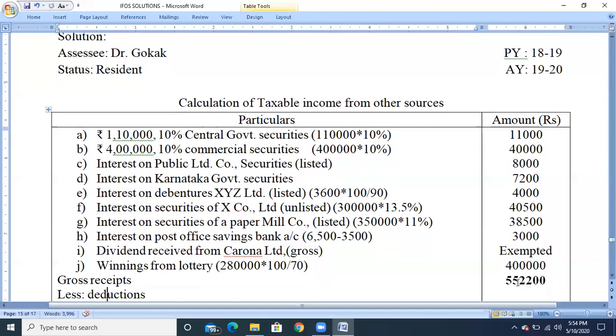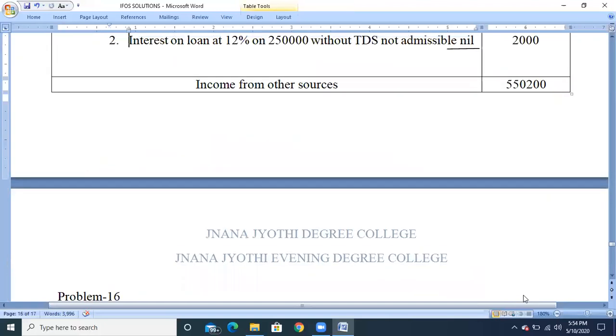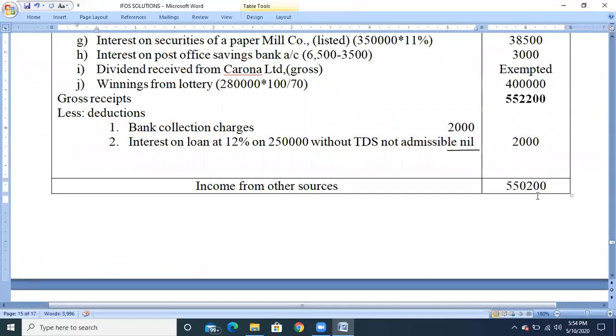So total gross receipts from the interest is 5 lakh 52,200, and from that we can claim the deductions. That is, one, bank collection charges rupees 2,000, but they cannot claim the interest on loan which has been taken for the purchase of securities because they have taken it without deducting the TDS. So that amount will be nil. So deductions will be 2,000. So the balance amount is 5 lakh 50,200, which is